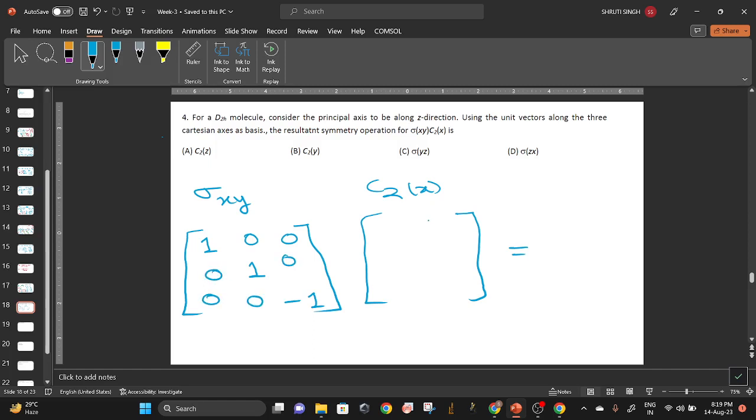C2x, what will change in this? It is about X. So Y and Z will interchange. Y and Z will change, x won't change. Okay, now if you will multiply, what will happen? Since it is a diagonal matrix, I can simply multiply the diagonal elements. 1 into 1,